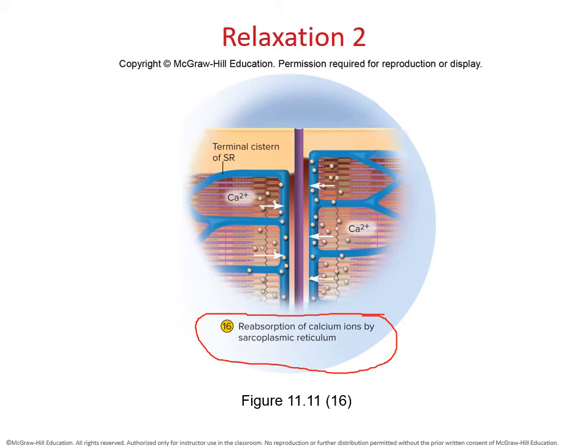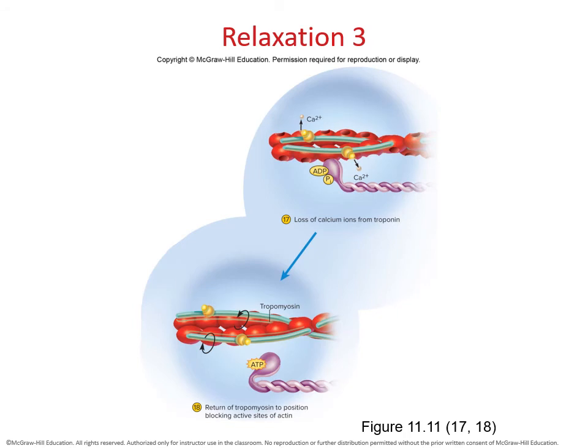And once the calcium goes away, that will be detected by the little troponin. Remember the little knob that's dependent on calcium to move tropomyosin? Well, if we remove the calcium and allow it to go back into the sarcoplasmic reticulum, the calcium, once lost, will trigger the troponin to move the tropomyosin back into its original location, thereby blocking the active sites.